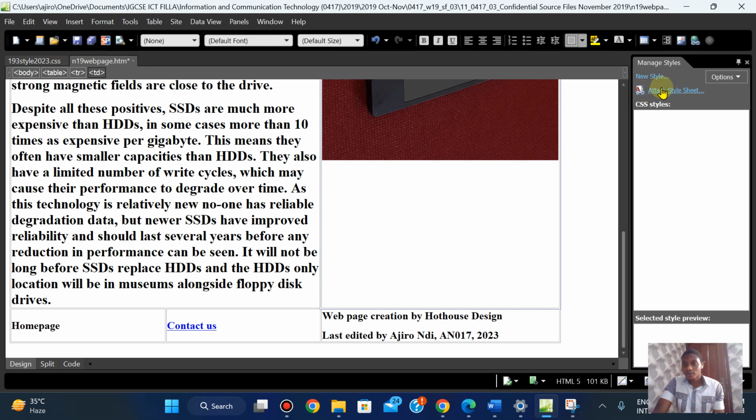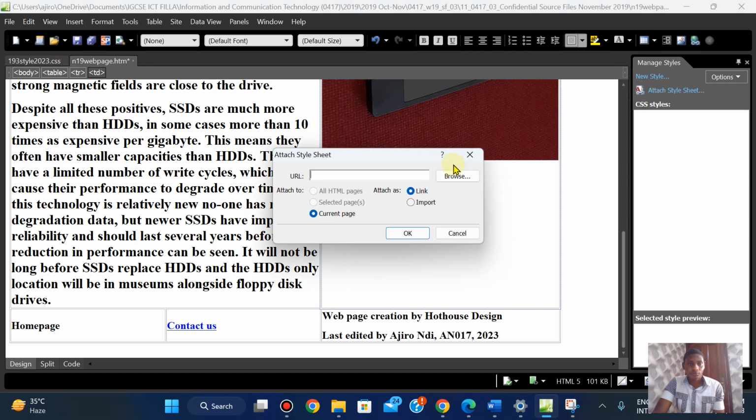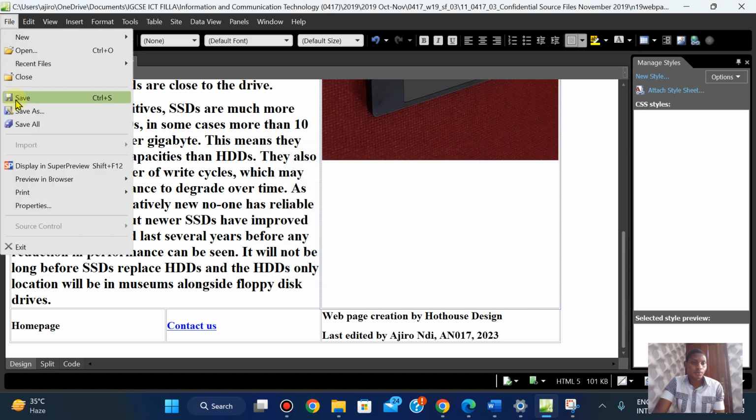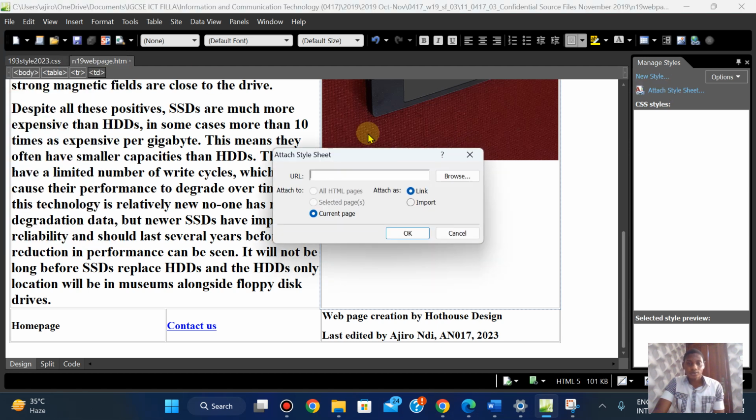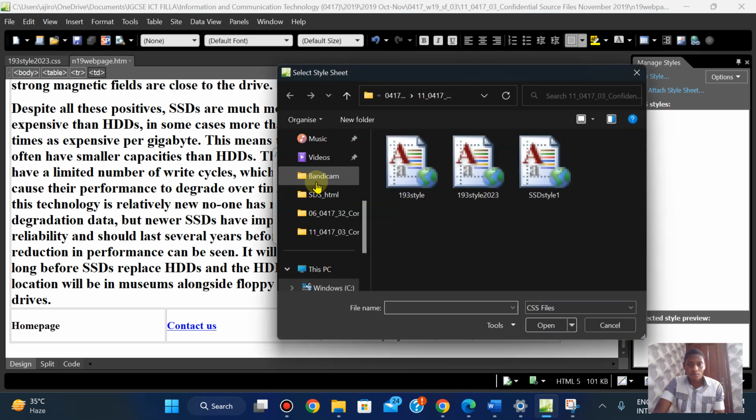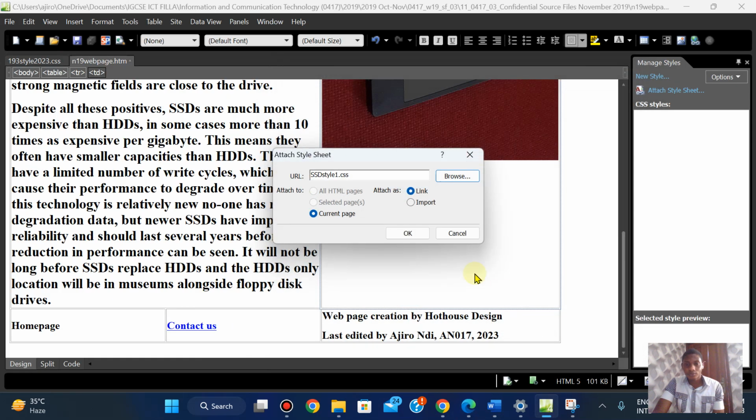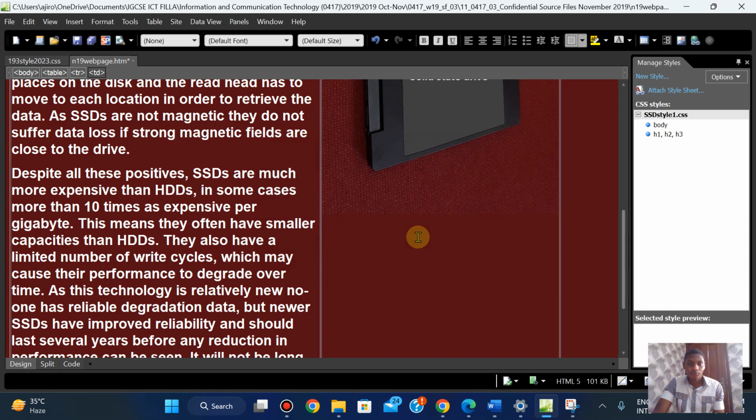Okay, I'm going to attach it right now. You know what? Let me save this. Save, attach, browse. Let me check. SDS star one. Open. Okay. Now